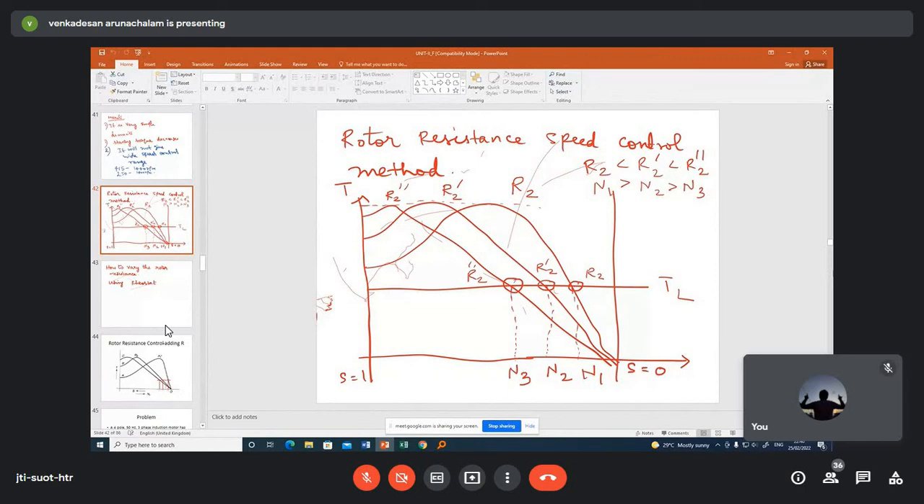So a similar graph we will get, and how we can say the speed is varied, you can understand by the load torque. As usual, we have taken the constant load torque TL, and the intersection of load torque with the machine torque is the operating point. And from the graph we can understand that for the resistance R2, the operating speed is N1, and for the resistance R2 dash,